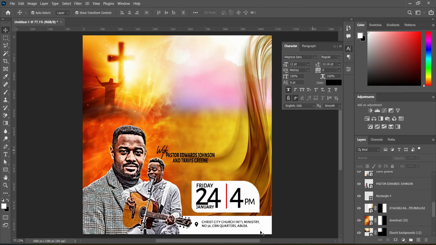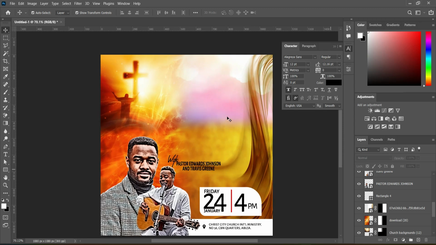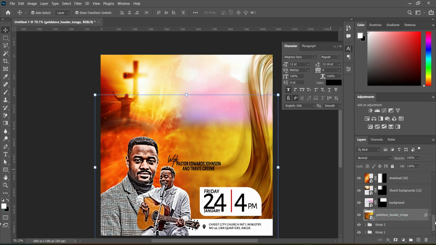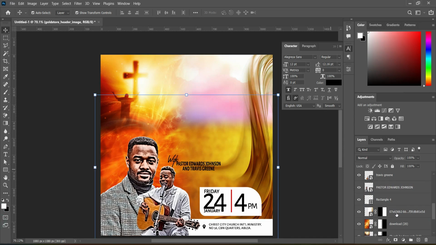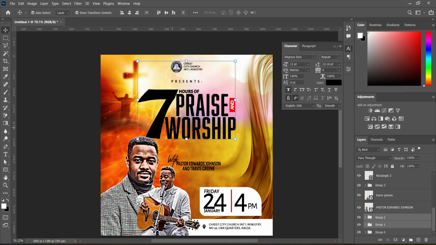So now we have our background here for the location. So the next thing we are going to do is select it, hold your shift key, then you group it. Now we are going to drag it down, select these two, then take this one up so that they will be above it. Right,